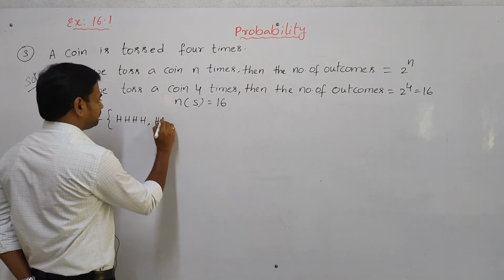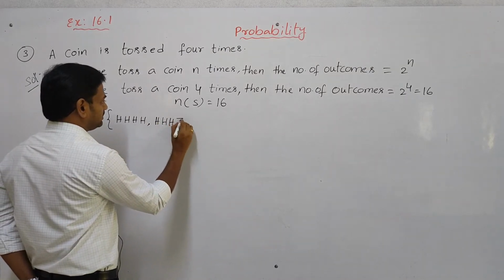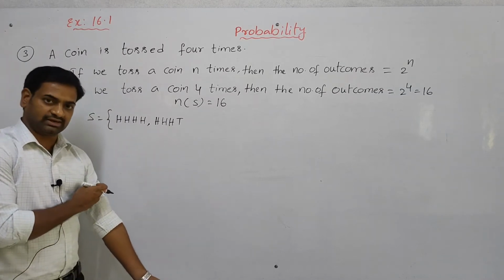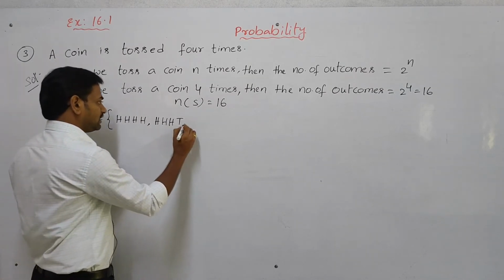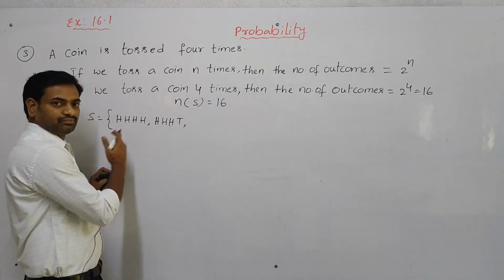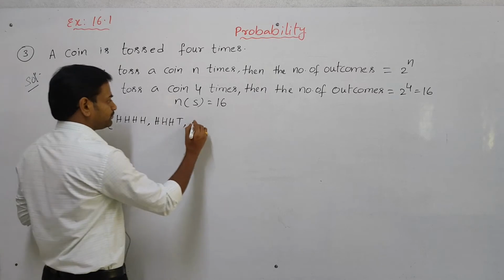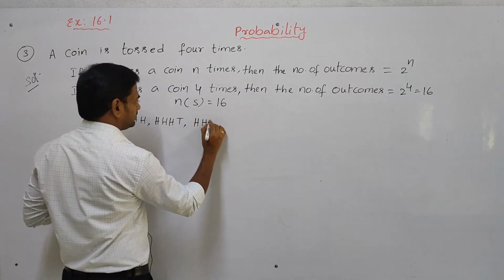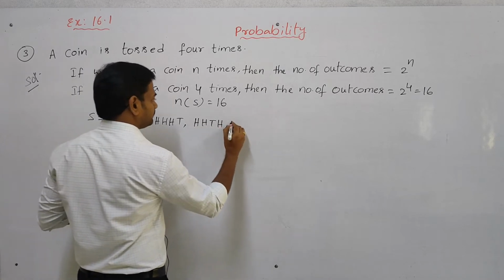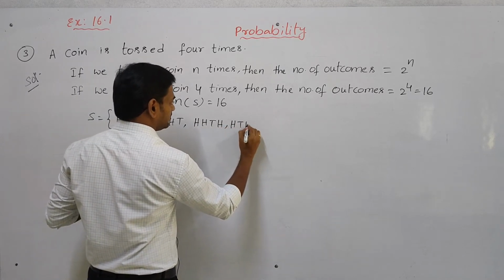That is head, head, head, tail. Suppose in the fourth place I got tail. It is one of the options. Next, interchange the terms. Move the tail forward to this side: head, head, tail, head. Next forward to this side: head, tail, head, head,